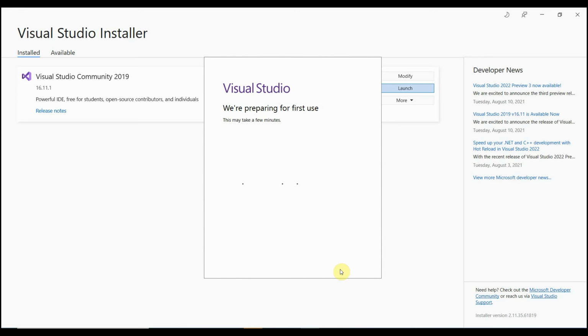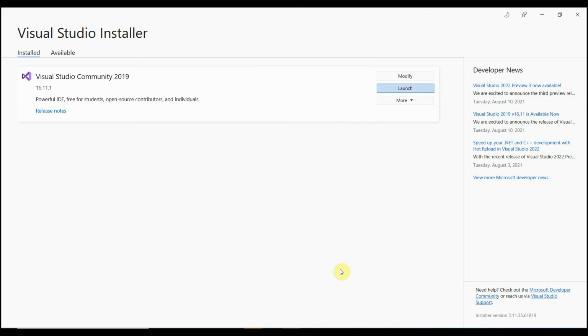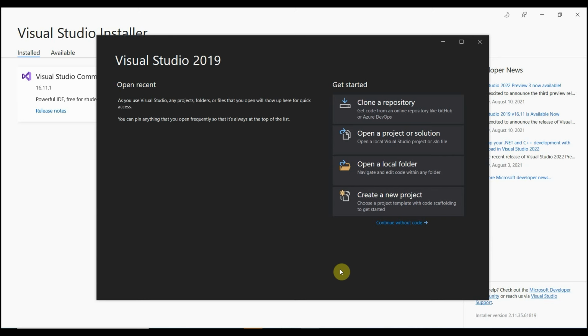I'm going to click on Start Visual Studio. Now it's preparing for my first time use. This might take a few minutes, as it says. Okay, so now we have this box, and this is the default box. As soon as you click on the IDE,